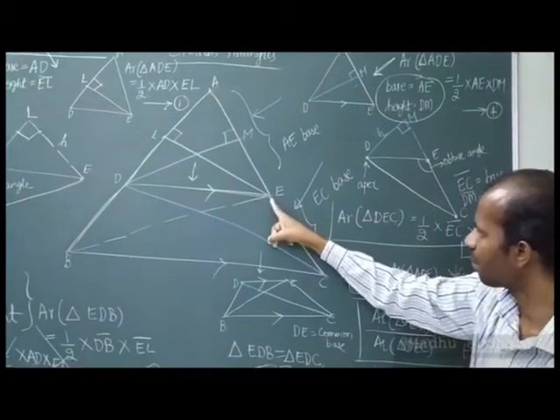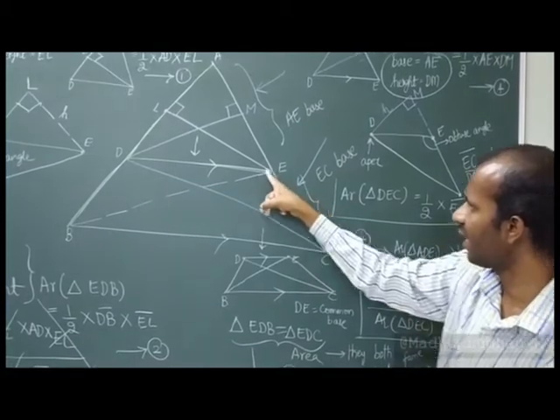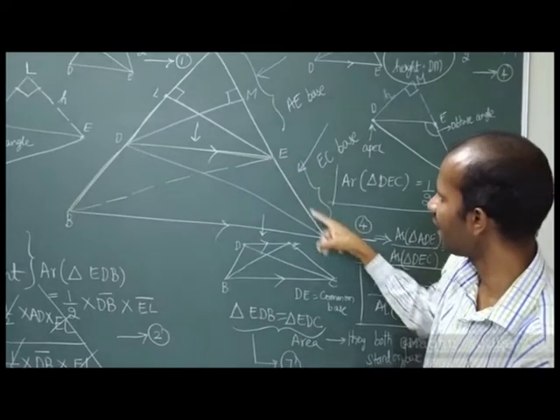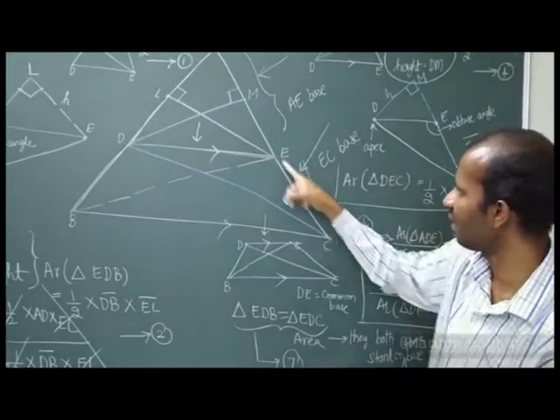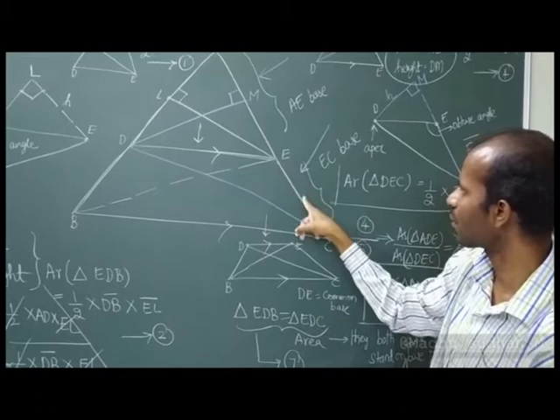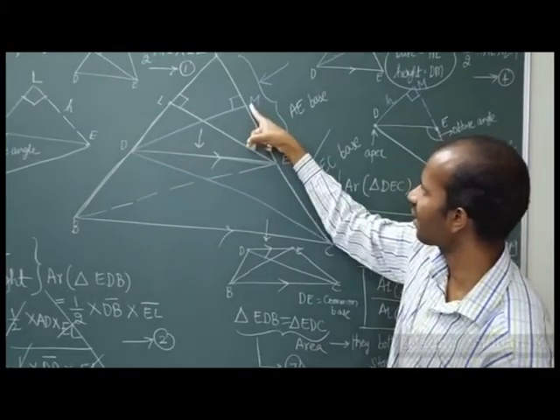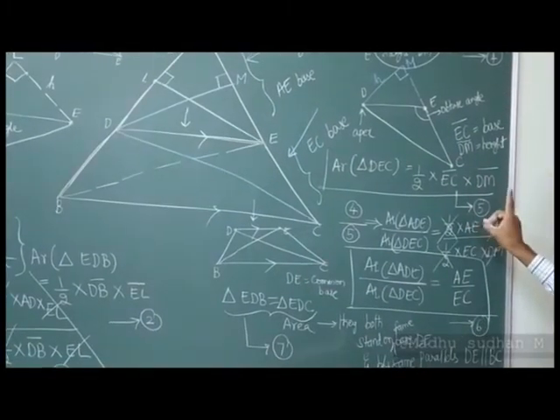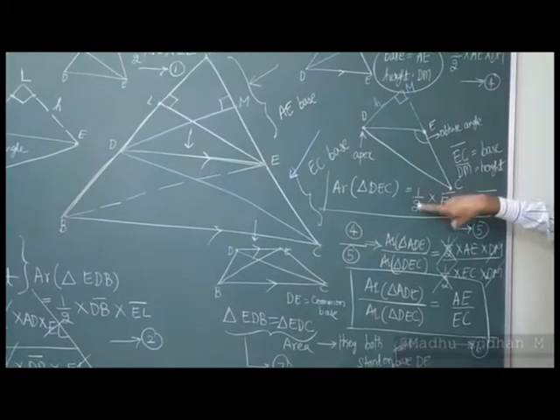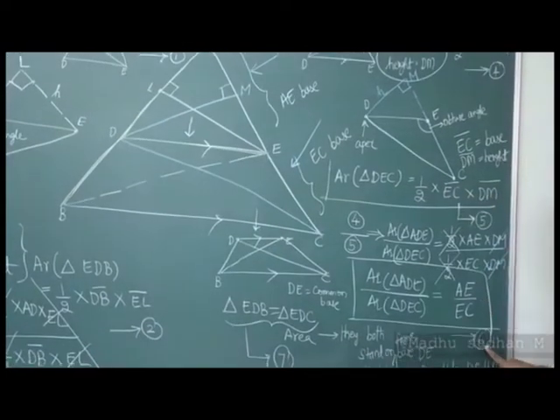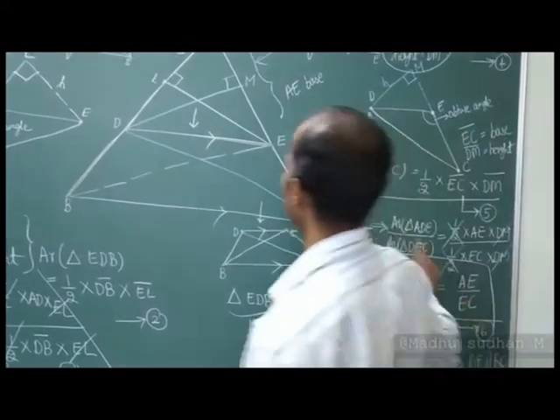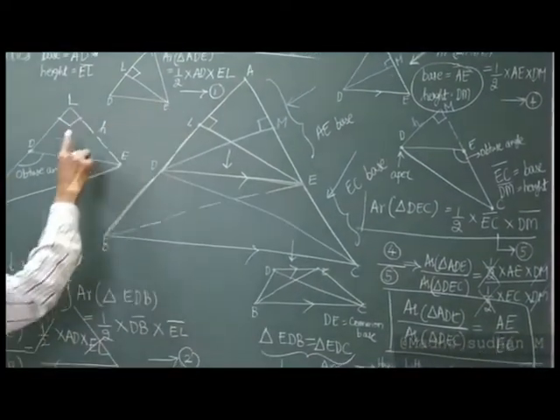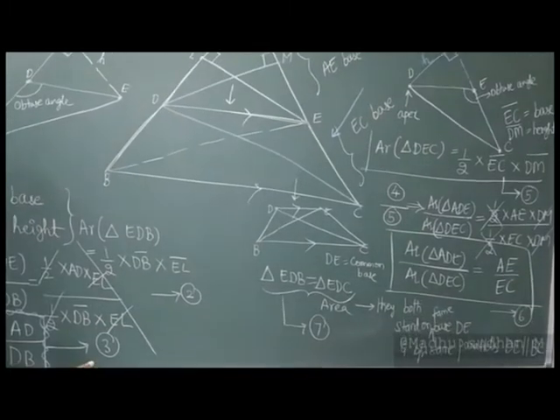Then with this base and DE as the triangle, so EDC triangle with EC as a base, you can find DM as the corresponding perpendicular height. That is your equation number 5. Followed it, children. When you divide this by this part, you will get equation number 6 here. When you divide equation 1 with this triangle, with this base, this triangle divided by this triangle, you will get this equation 3. Followed it.